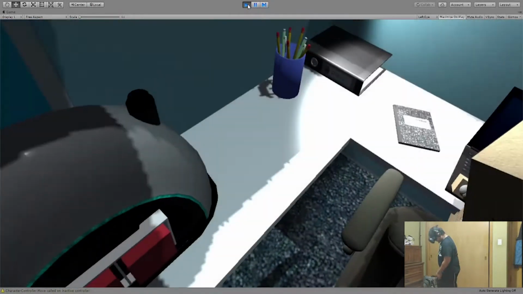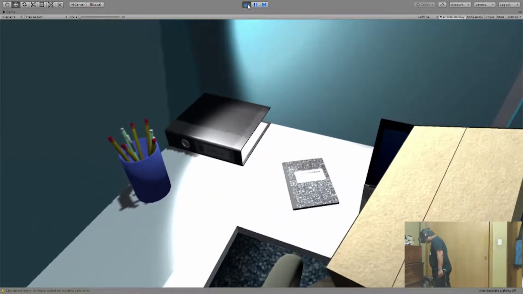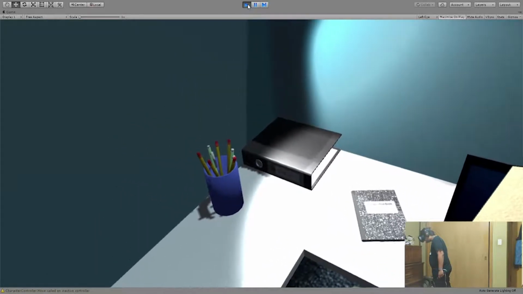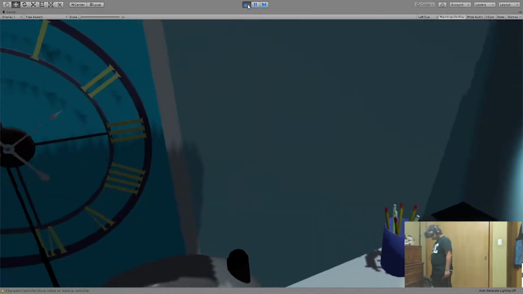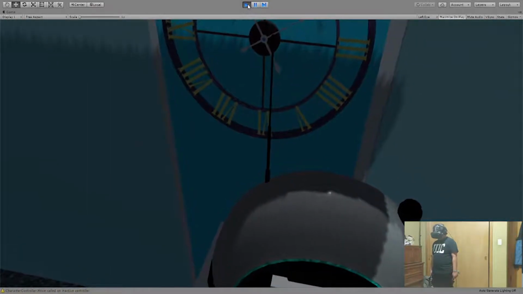So on the left side of my table, I have a notebook, a binder, and a pen holder, and there's some pencils and pens in the pen holder. Then I have a clock on the wall and a radio, same as the neighbor. And when I click this button,